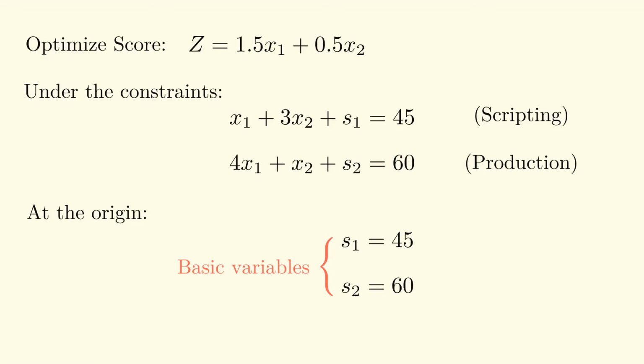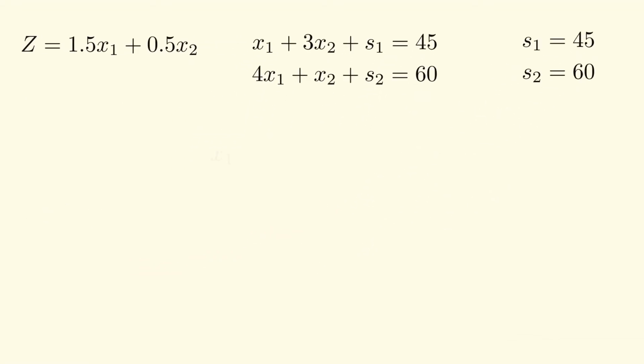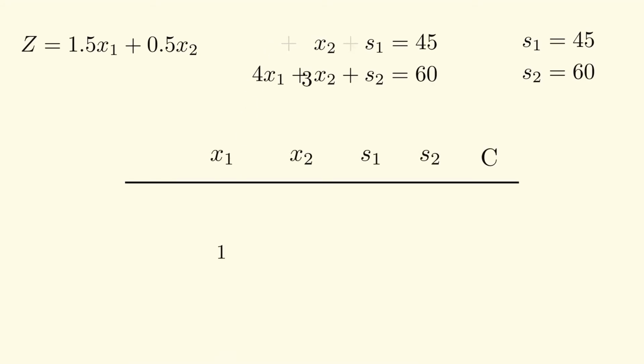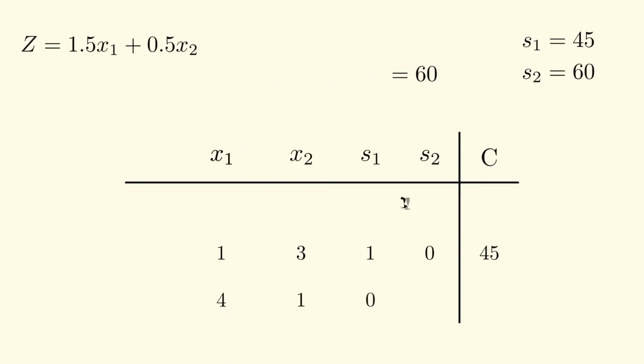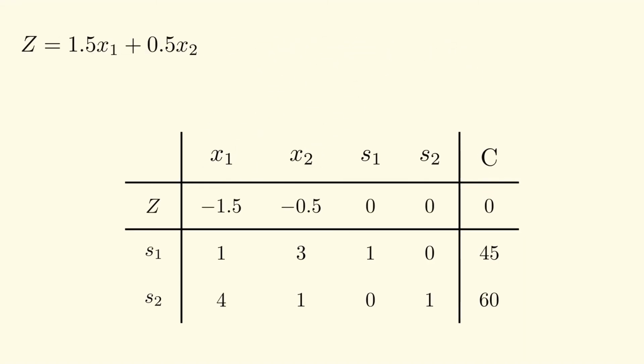To organize all this information, it's convenient to use a table, which kind of looks like an extended matrix. We have columns representing the various variables, the rows, the equations, with each cell filled with the corresponding coefficients. A leftmost column for basic variables and the objective function to be optimized written as an equation. Now, at the start of the algorithm, the value of the objective function is 0. And this can be improved by increasing the values of x1 and x2.